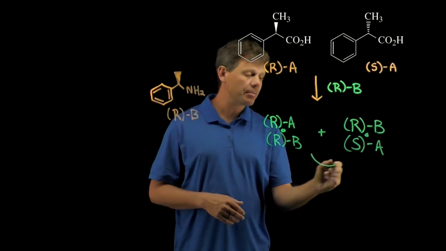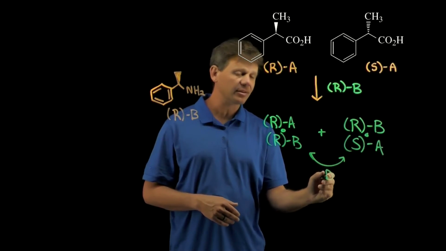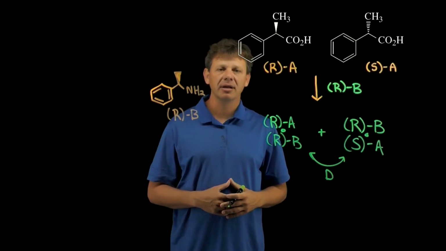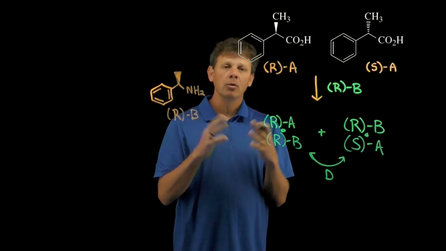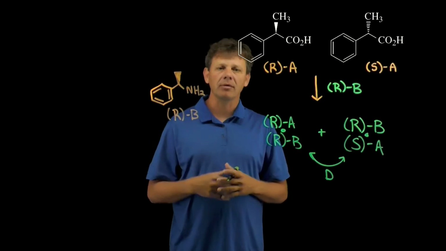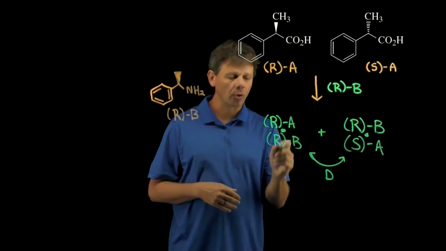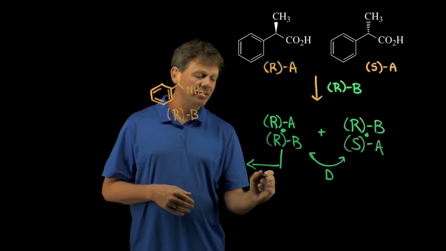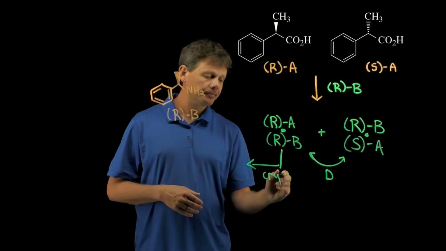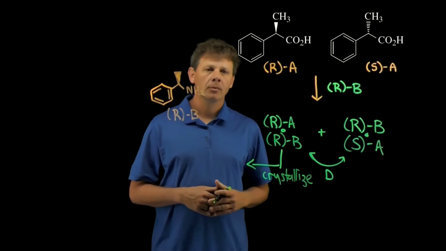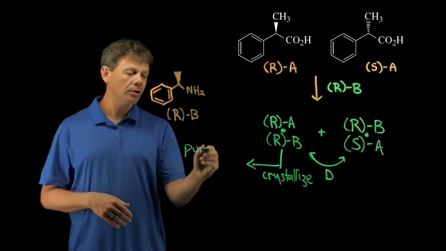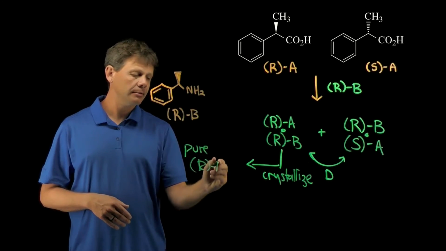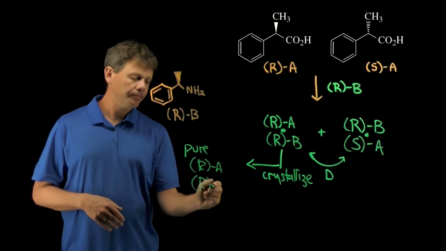Well, the relationship between these two complexes is that they are now diastereomers. And in the event that these complexes are solids, we can now do some form of recrystallization. So, for example, let's say that this one crystallizes first. We could crystallize it first. Now we would have pure RA, RB